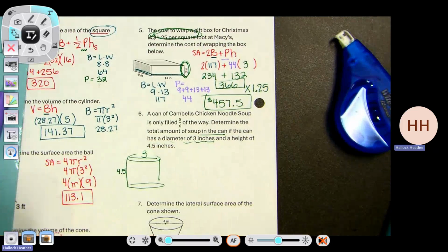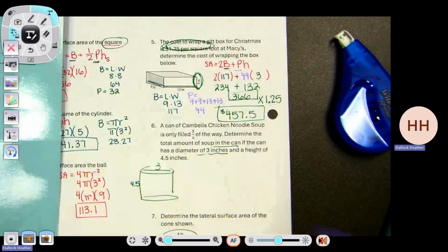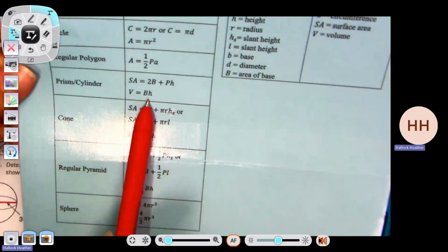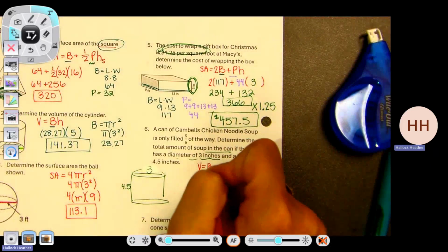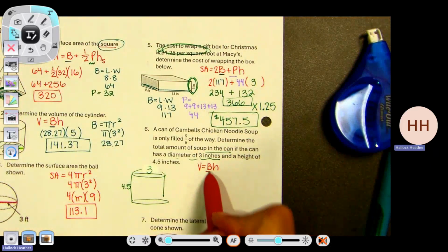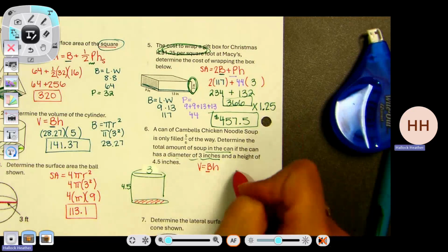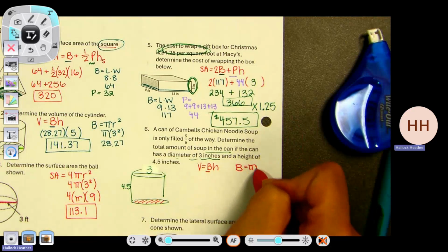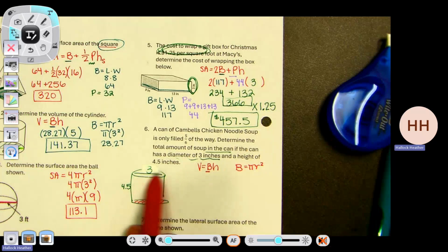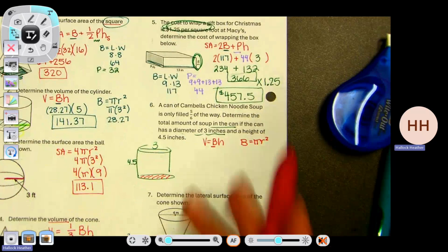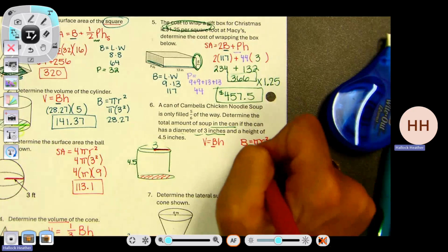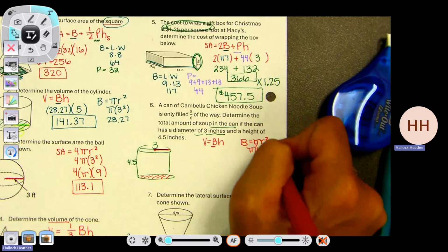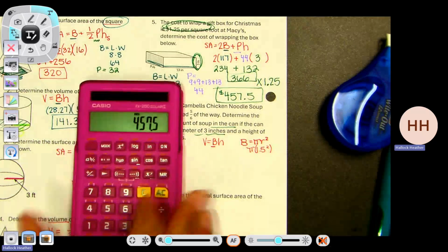So because you're filling the shape, you're using volume. So this is a cylinder. I'm using volume because it's a soup can. I'm filling the inside. Volume equals big B H. Big B is the area of the base, which is a circle. So I have to use pi r squared off to the side. My radius is not 3. My radius is half of that because it goes from the center out to the side. So we're using 1.5 as our radius. So I'm going to do 1.5 squared